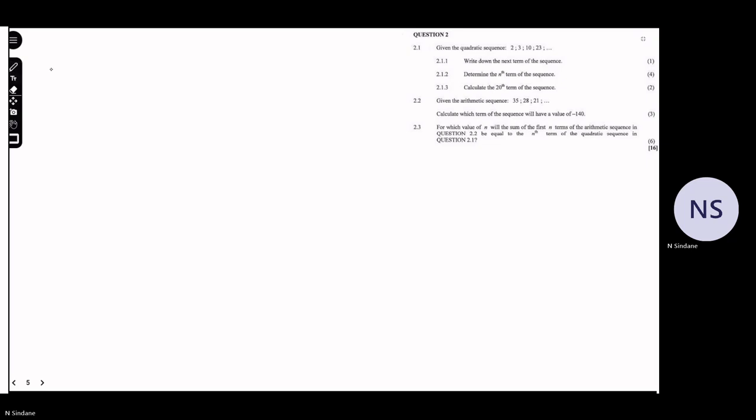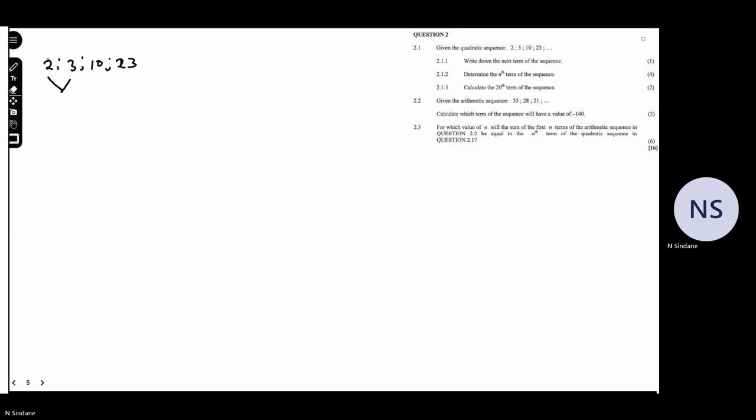Starting with 2.1.1, we're given the series 2, 3, 10, and 23. That is our series. They're saying, given the quadratic sequence, write down the next term of the sequence. That is 1 mark. They want to know what is the next term of the sequence. We're given that this sequence is a quadratic sequence. So we will say